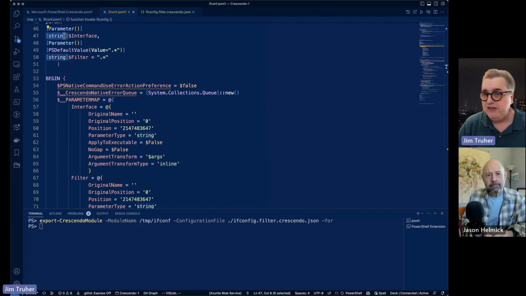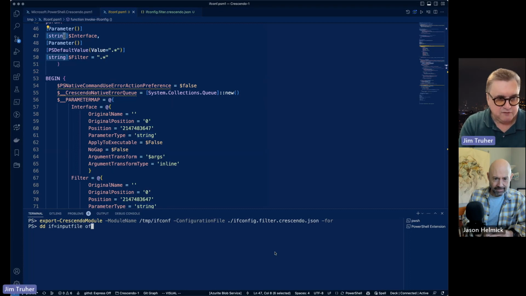there is a command called dd on a Unix system, and it would be shaped like this. I'll just type it in because I'm sharing. It would be dd if equals input file, of equals output file. And you'll notice that from PowerShell's perspective, this is a little strange, right? But I could create a parameter configuration that looked more like